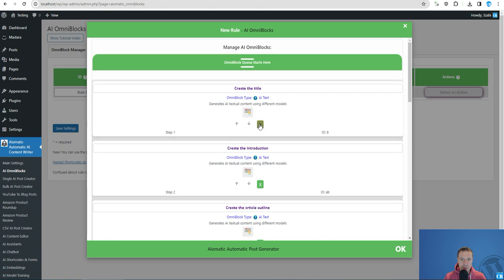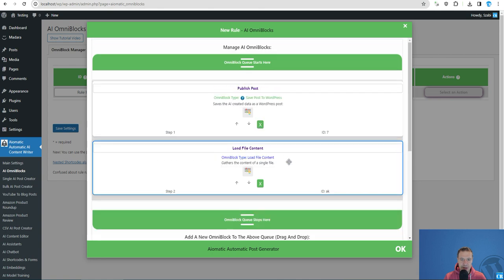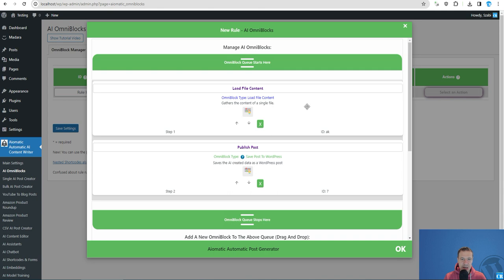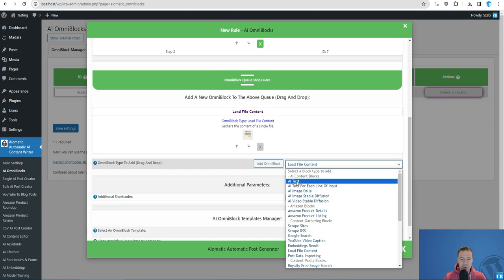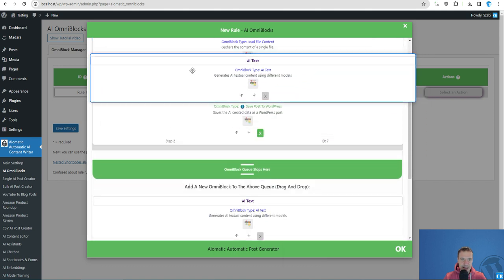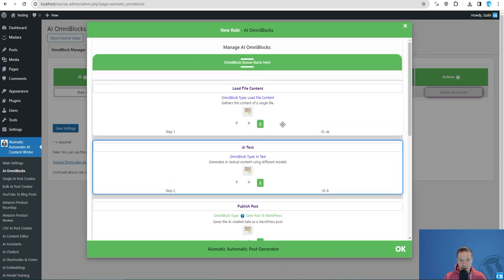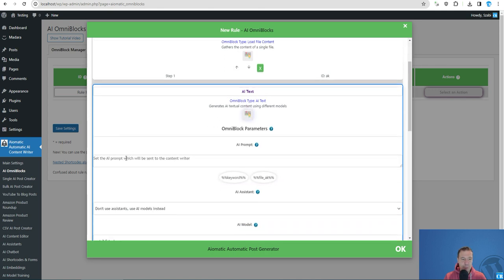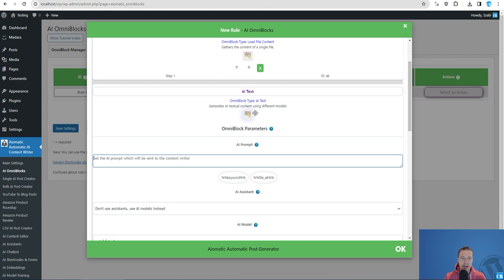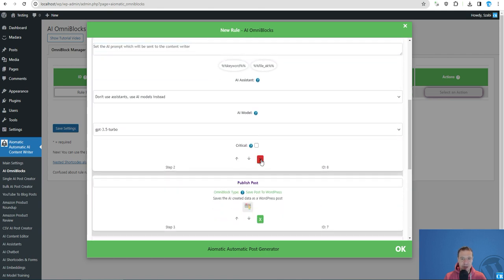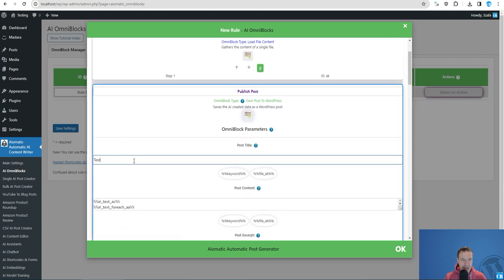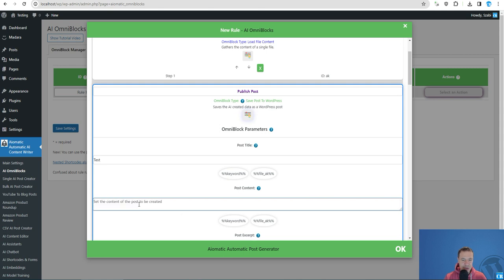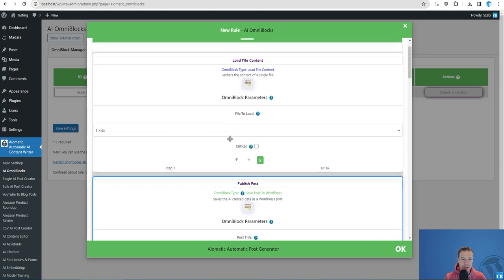So let's remove other OmniBlocks that are not needed in this case, and simply leave in the load file content OmniBlock. Keep in mind that you can also add an AI text OmniBlock and use the contents which this file produces in the AI text OmniBlock to feed it into the prompt sent to the AI. But in this case I will not do this, just for simplicity. Instead I will be creating a test post, and here I will be using the shortcodes provided by this OmniBlock,